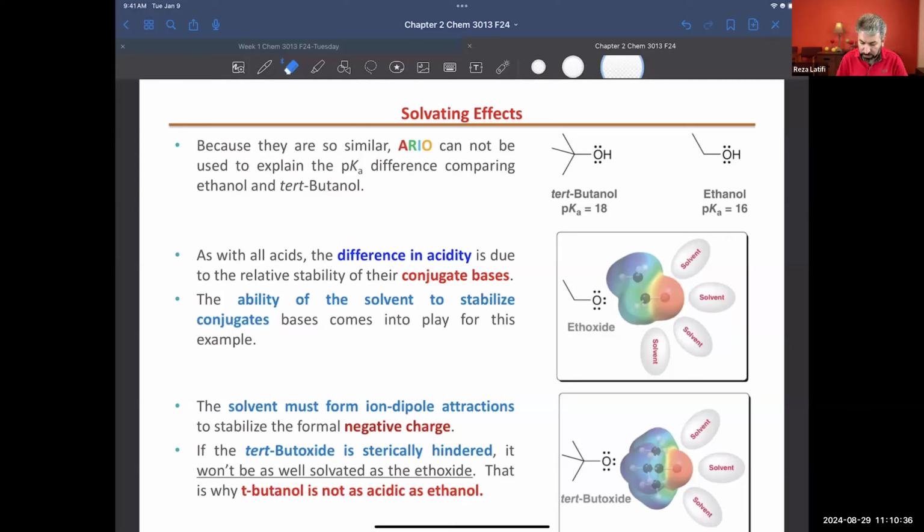We have to do something about it. And so, for example, we have ethanol. If we take H from it, that's going to give us ethoxide. That one will have a -1 charge. Or take tertiary butanol, and that one, again, will give you O with a negative charge. Those two need to be stabilized. When I say stabilized, we need to distribute the negative charge, or take some of the negative charge from oxygen and make it happy. But right now it has a negative charge. And whenever they get